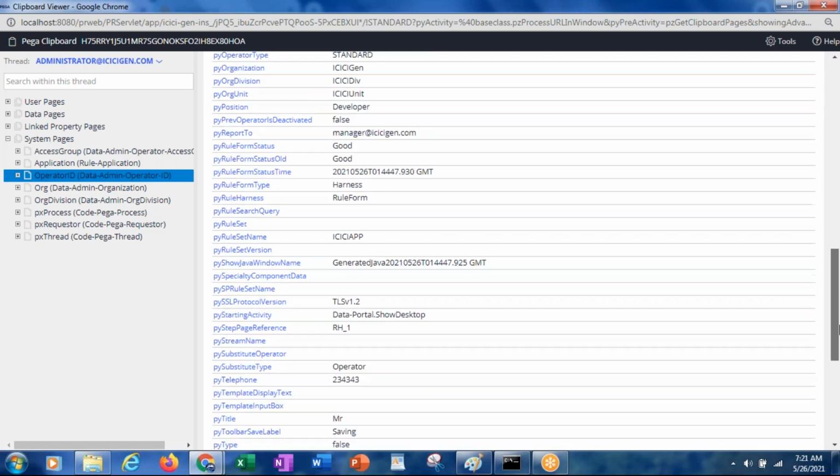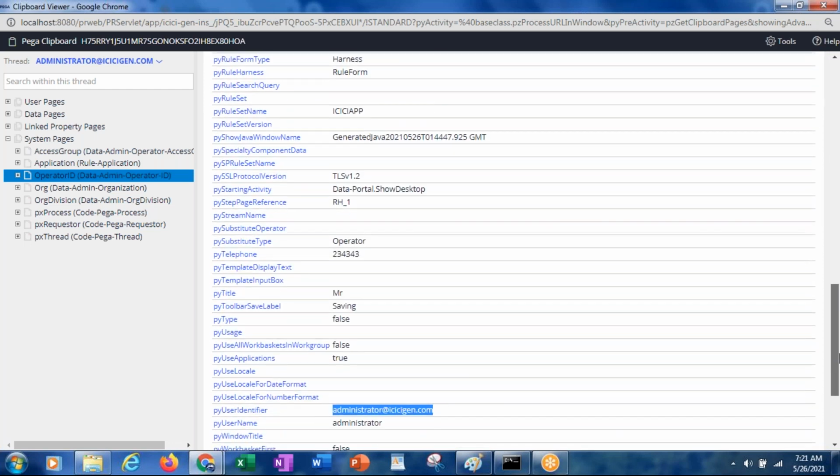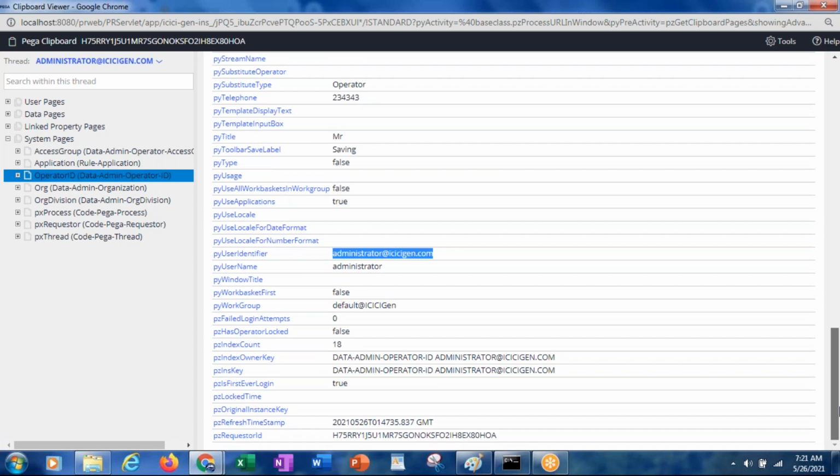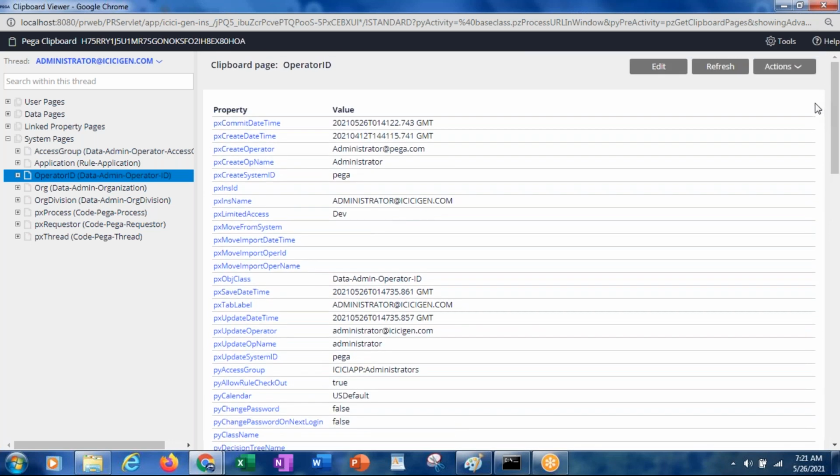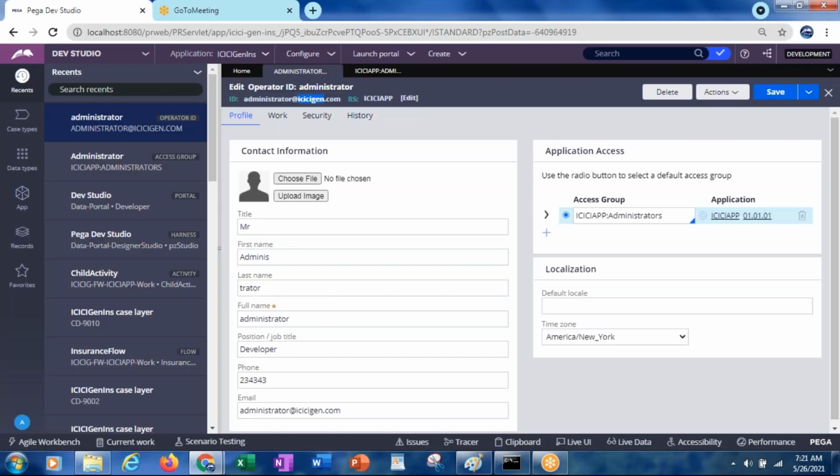So how can we know in which database table it is saving? This is an instance of what? Data-Admin-Operator-ID. If you go to that and see the test connection, then you know which class pxObjClass is referring to. That class you can open.